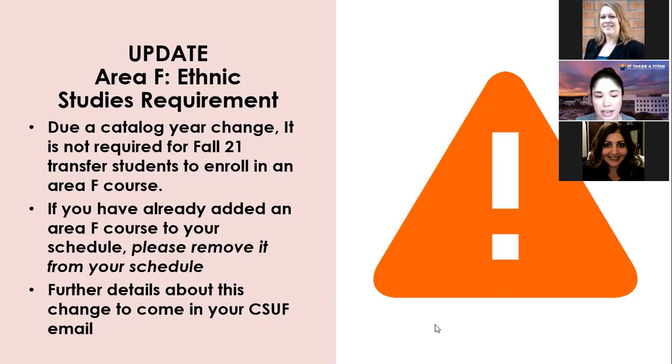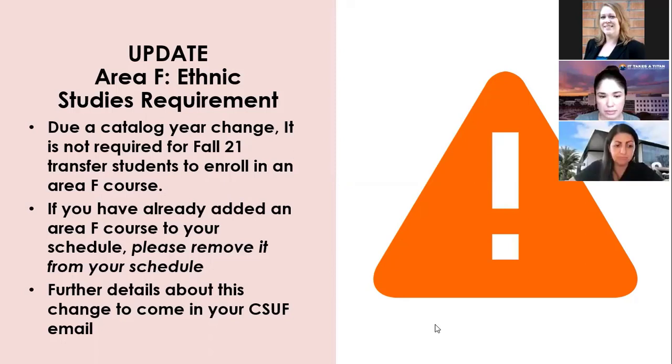I don't know if Jack wants to add anything to this slide as well. Just a little bit of explanation, everyone. A catalog year refers to the requirements that you have to uphold as a student to get your degree.